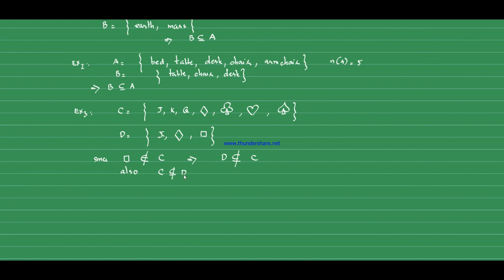C is not a subset of D because you see over here some elements in C are elements of D, but as you see, the elements heart and spade do not belong to D, so they contradict the definition of subset. So C is not a subset of D. We can conclude that way. All right. So that is the definition of